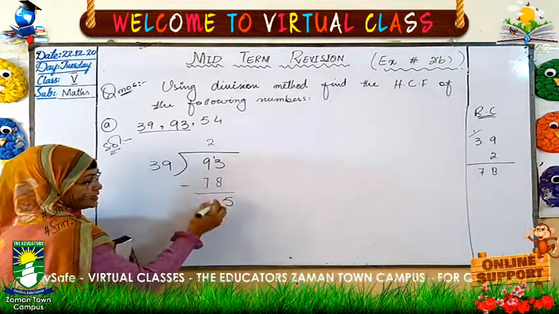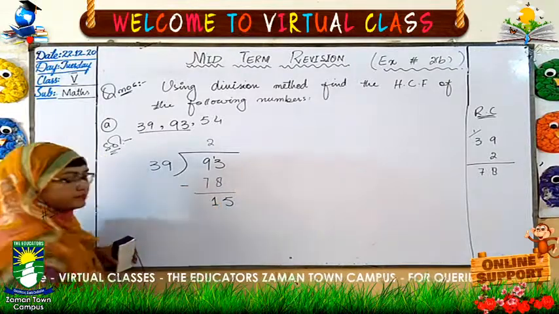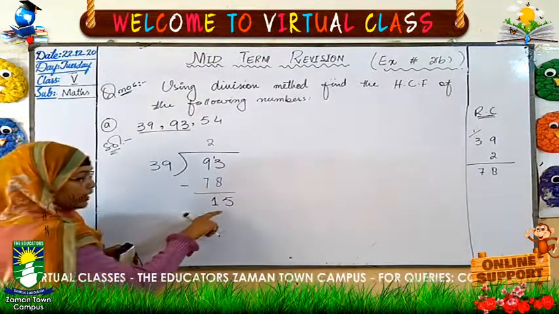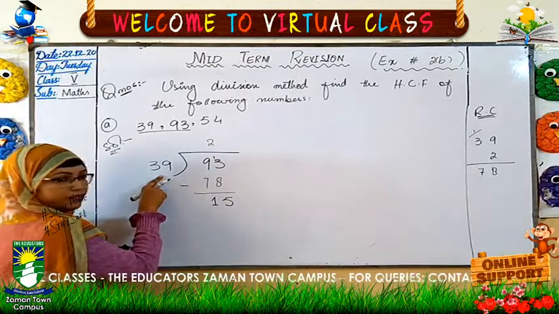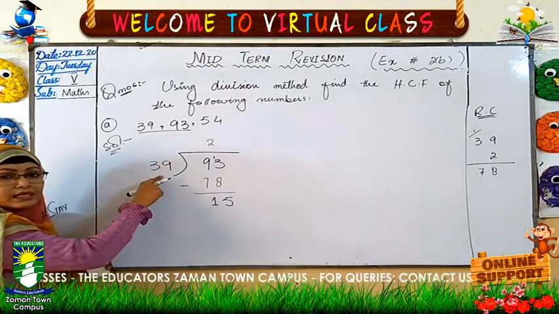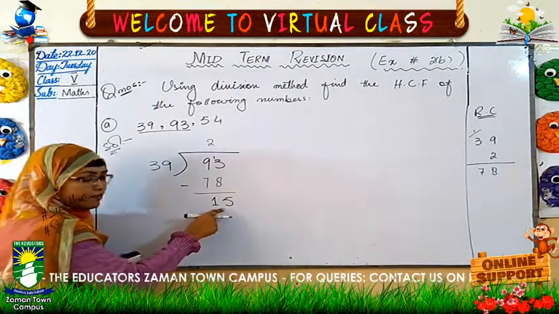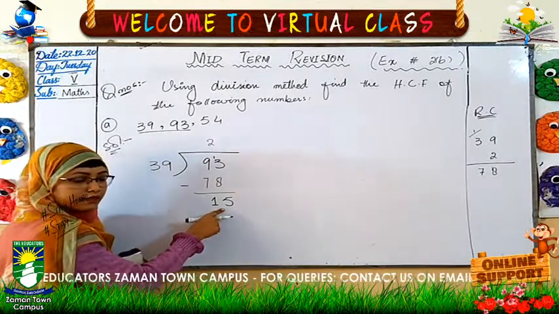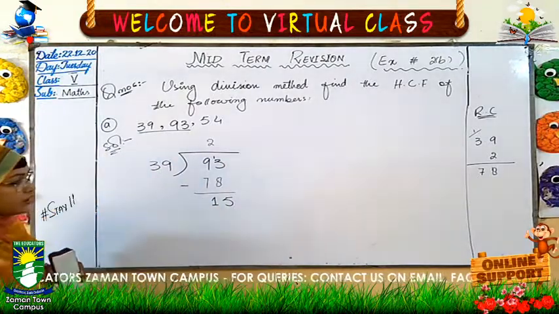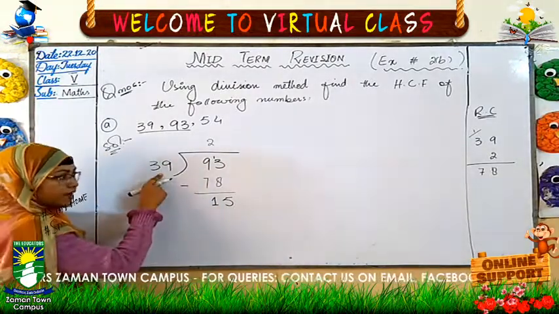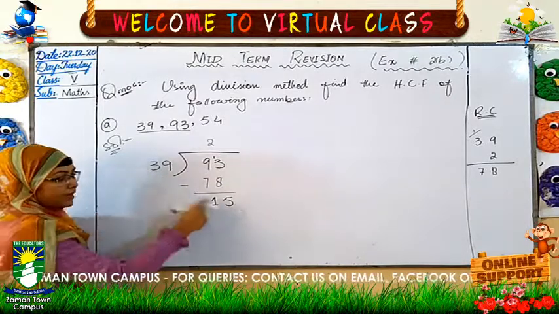8 minus 7 will be equals to 1. Okay. Now what do we have here? We are having 39 as a divisor. What do we have here? 15 as a dividend. If we see this situation, we can see that the divisor is greater and the dividend